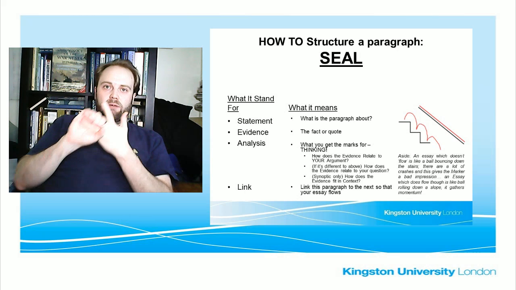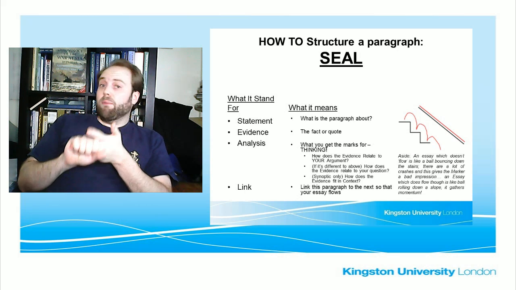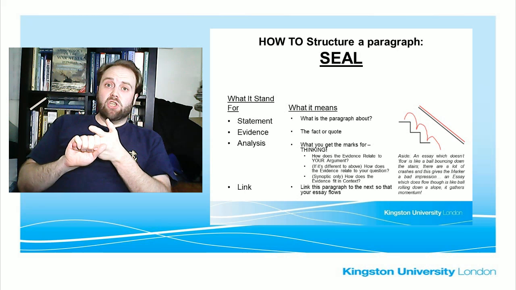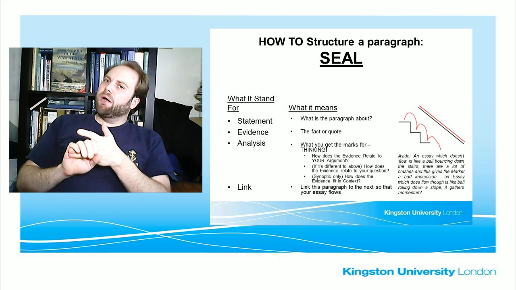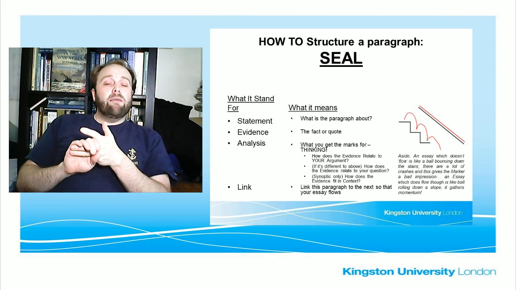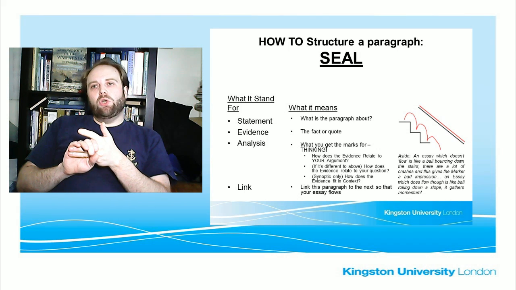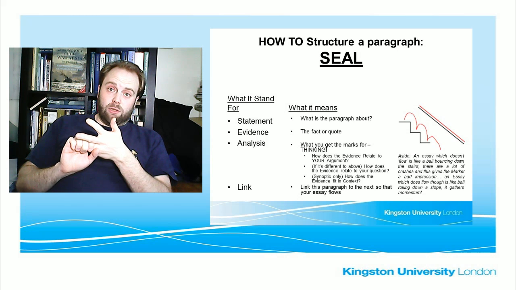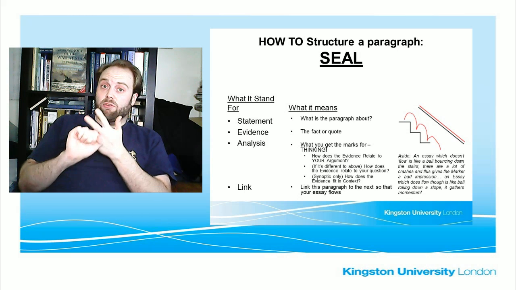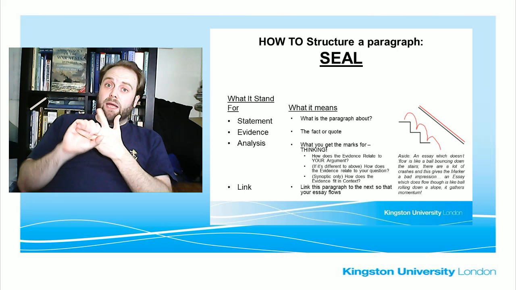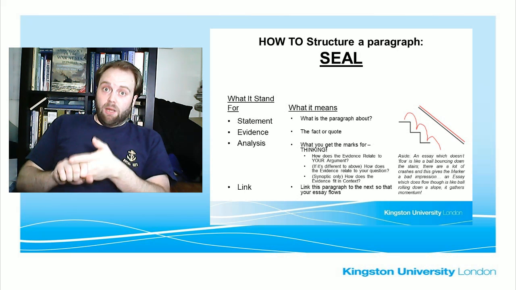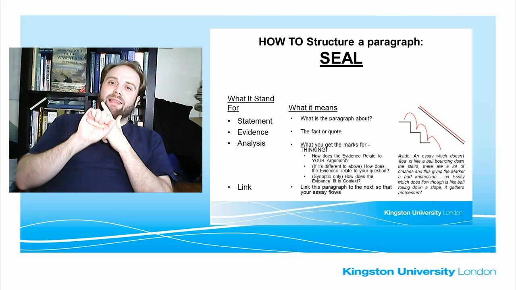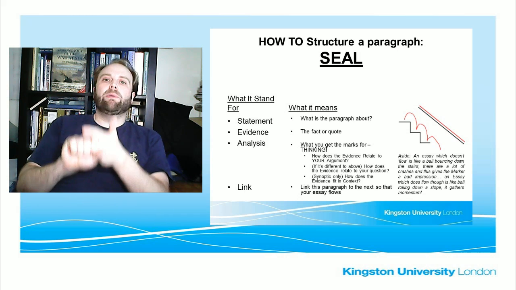Now, here's a point. If those two things are different in one paragraph, it doesn't matter. It's probably just good context you're adding in. If they're different in two paragraphs, that's starting to get a bit of a worry. If it's 3 or 4 paragraphs, you're no longer answering the question, you are talking about something completely different, and you need to go back and restart. Because if your argument is not relating to the question, so how does this evidence relate to your argument is not the same as how does the evidence relate to the question, then you have gone off topic. That's why you ask those two questions, because that is the way you check whether you are still keeping to the topic.